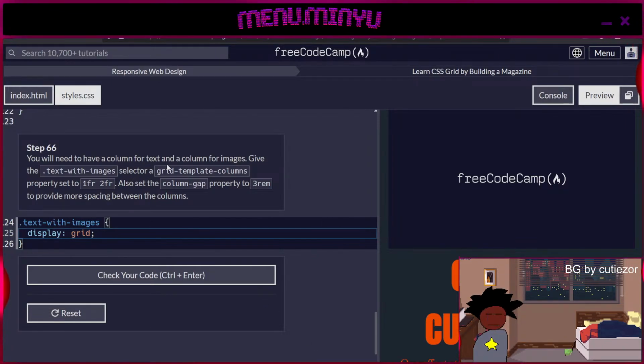You'll need to have a column for text and a column for image. Give the dot text for image selector a grid template columns property set to, and I realize I haven't set my audio